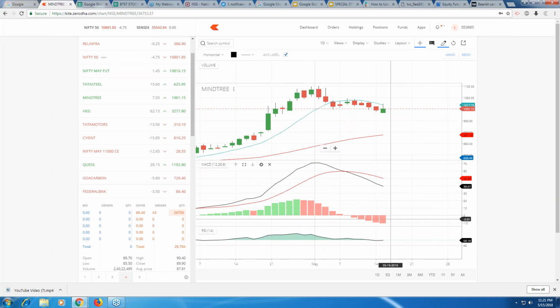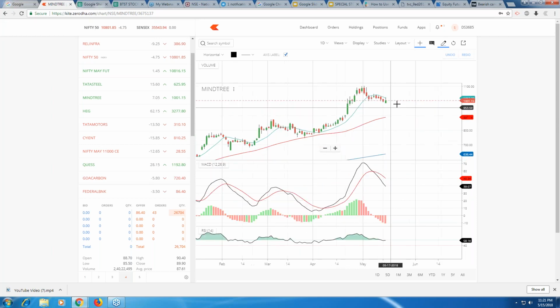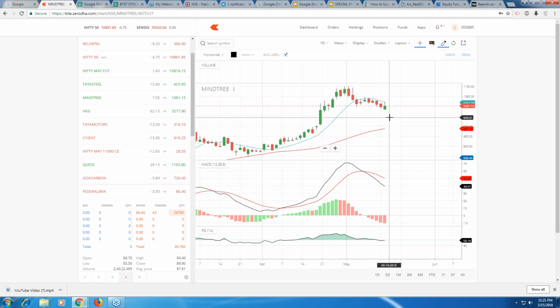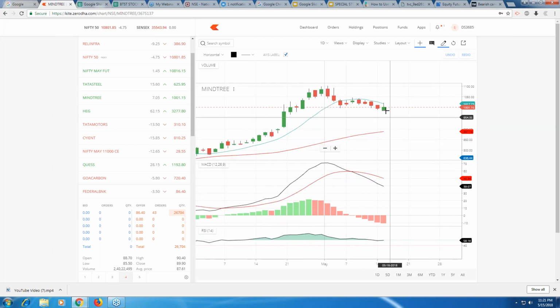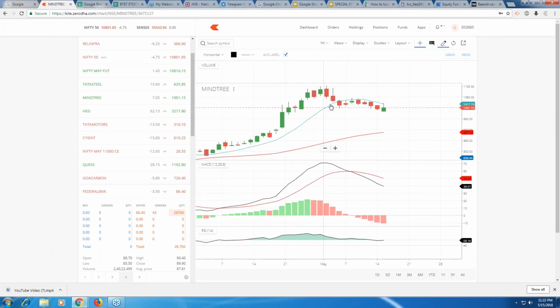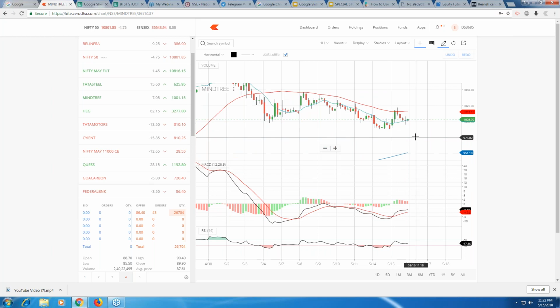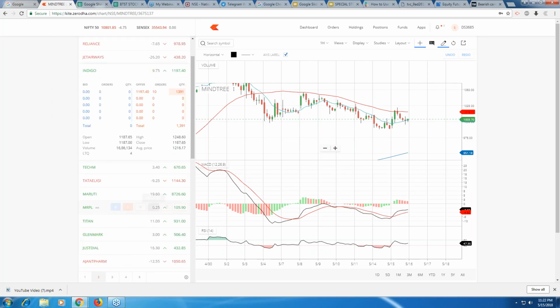MACD crossover, RSI crossover, and there's a price rejection in this candle. If you can see, it's been falling down for many days. There's a price rejection today as well. There could be a possible downside tomorrow, which is 16.5. See, the 1 hour graph also shows me that the stock is taking a resistance. So we'll have to watch out for all these stocks tomorrow,